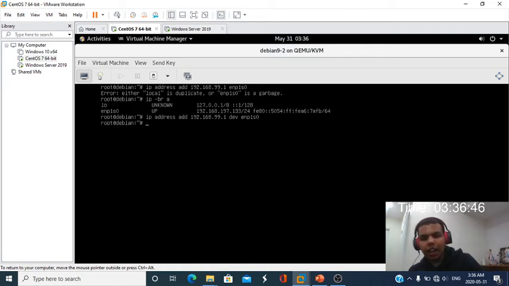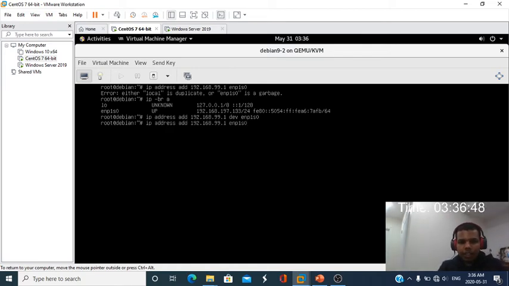So the IP address is added. Before it was not working because I hadn't given the device name. Type the full command, that is ip address add, then the IP address that you are giving now, and dev stands for device, then the device name. So I can delete the IP address by typing ip address delete